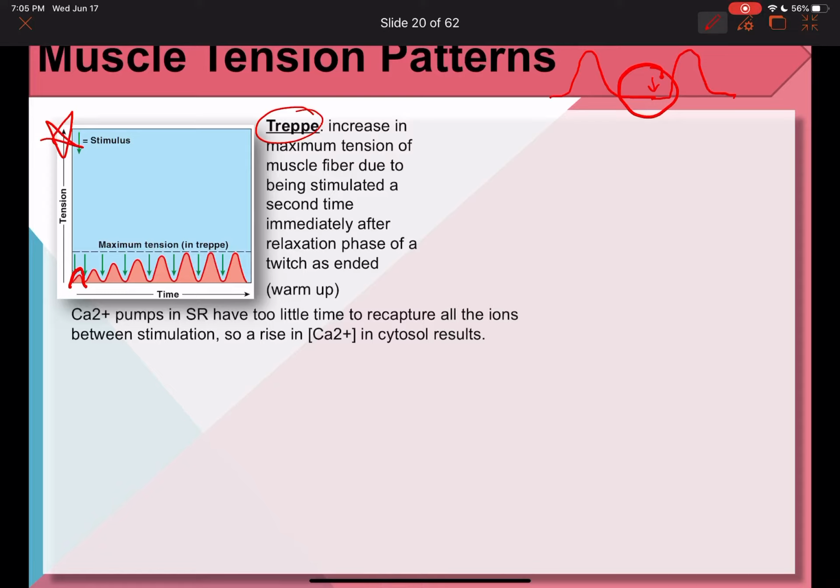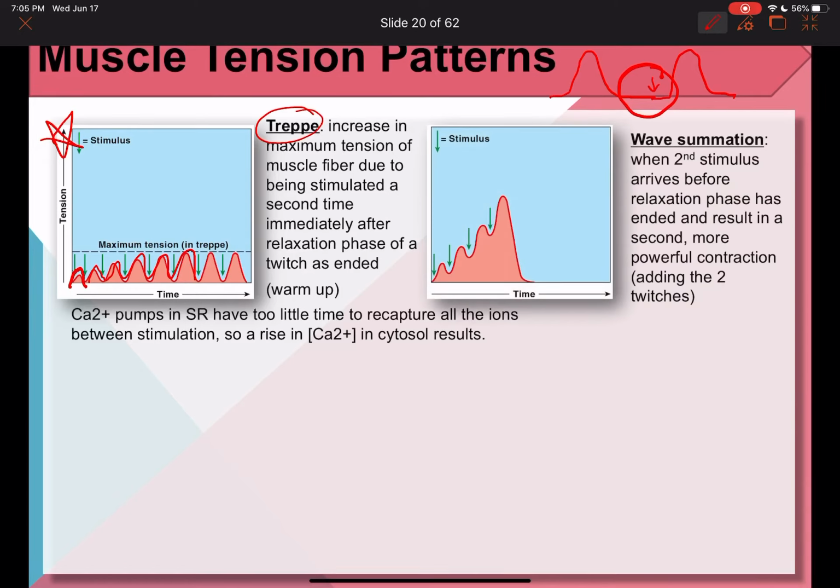So that's why you end up with a little higher, a little higher, a little higher of that twitch pattern throughout the entire muscle contractions, okay? More than one contraction going on, okay? Now, if we need to lift something and actually want to result in a more powerful overall muscle power, because